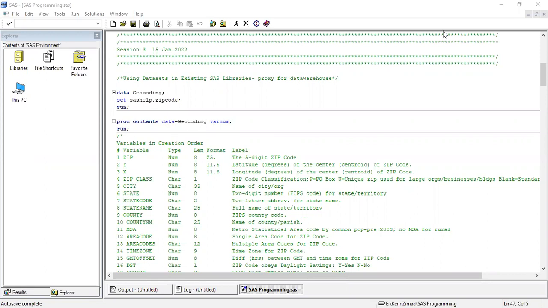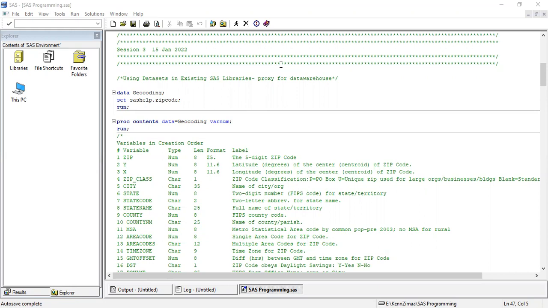So in this session, I will teach you how to write some basic SAS codes by using the data sets which are already there. When I say data sets already there, that means you will be accessing some data sets from the warehouse, for example, Teradata warehouse, and then you will be doing some further processing on it. In your real life work, you will be working on data sets like this only.